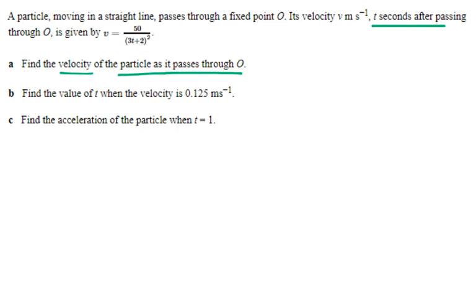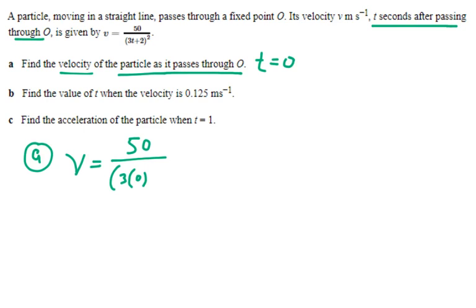The keyword is t seconds after passing through O, which means this is referring to when t is equal to 0, because t starts counting. So for part A, the velocity when t equals 0 will be 50 divided by (3 times 0 plus 2) to the power of 2. Hence, the answer will be